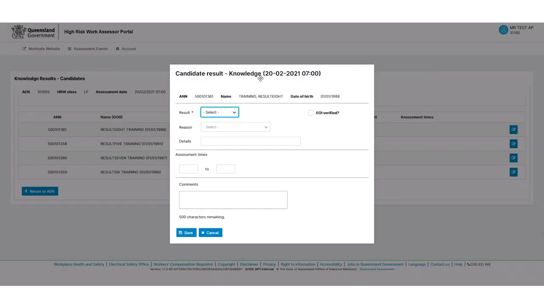We've got our candidate result entry screen. So we can see that in this case, knowledge started on the 20th of the 2nd at 7 o'clock. For our first candidate, we'll select competent. However, our choices are absent, competent, not yet competent, or cancelled. Let's go with competent. For the result to be entered, the EOI must be verified. So by selecting this box, you as the assessor are saying that you have checked the evidence of identity of that candidate. We'll select the time,